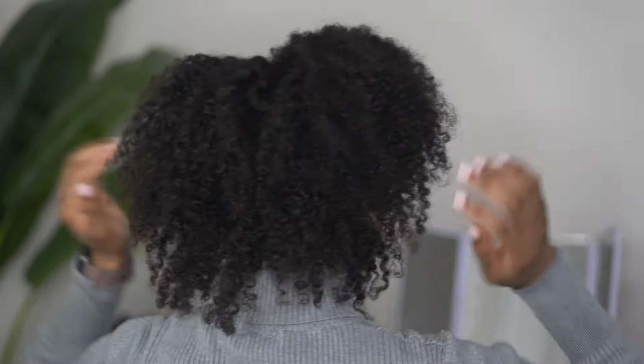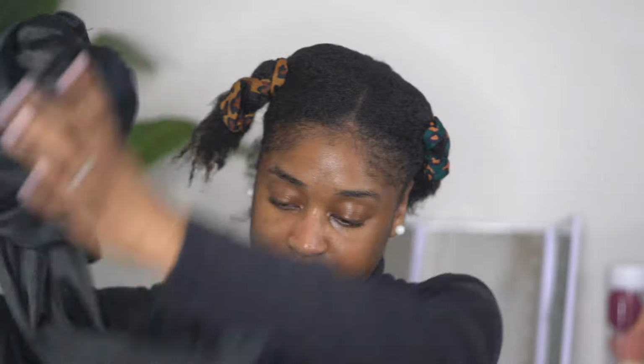And after getting my edges together, I can't say that this day was bad either. It was doing what it needed to do for me to get through the day. So not mad about it at all. Now here we are. I believe today is Wednesday, and by Wednesday it was just a little bit too frizzy